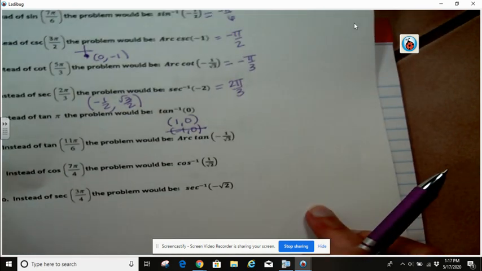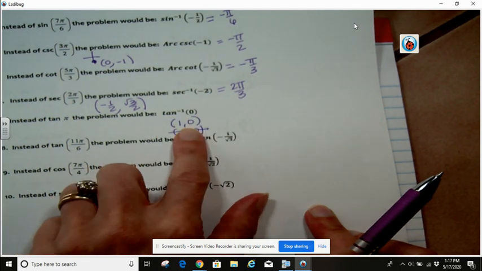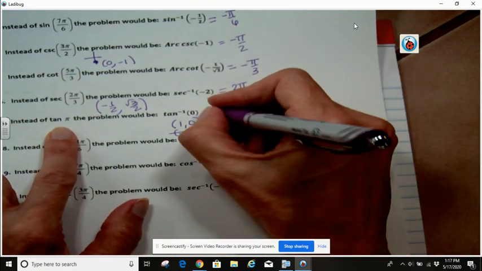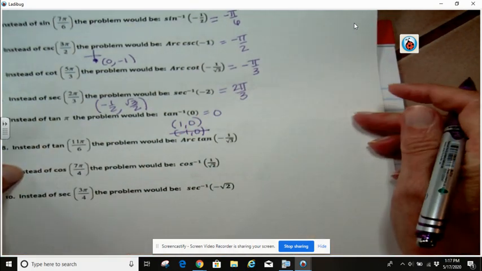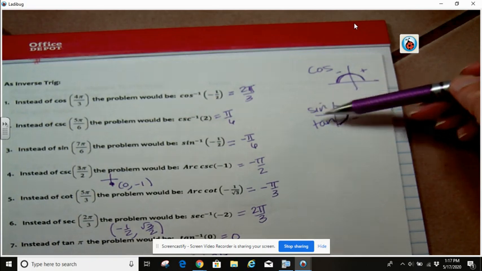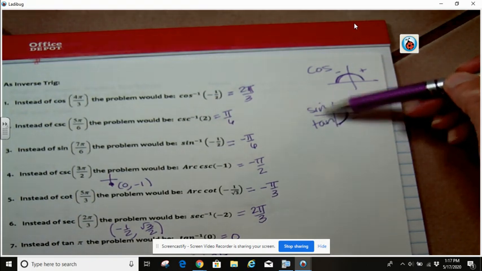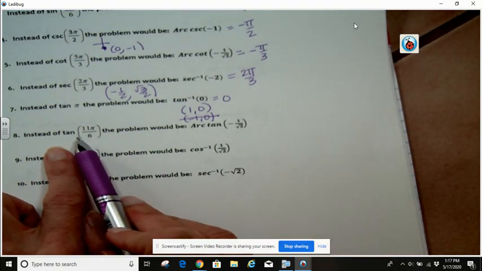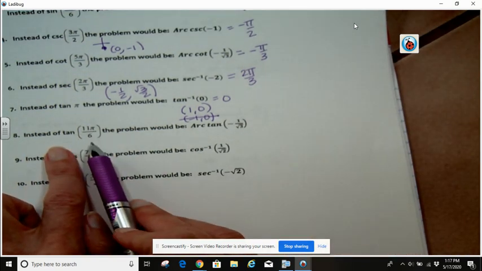So we would have to know that a tangent value of 0 would only come from this ordered pair, and then that ordered pair, instead of pi, we would answer with 0 because the angle of pi can't be used for inverse tangent problems. Okay, so instead of number 8 being tangent 11 pi over 6, when we answered that,